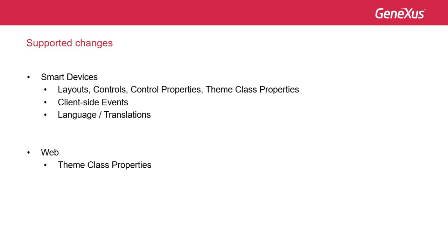As we said in the demo, changes such as those in the events on the server in smart devices, start, refresh, or load, and attributes added as fields in a layout cannot be seen live with live editing. Those changes still require the regular build cycle. For the web, there's also the possibility of using this functionality, but it's much more restricted than in smart devices. And the only changes you can see without recompiling are changes to the class properties of the themes. To introduce